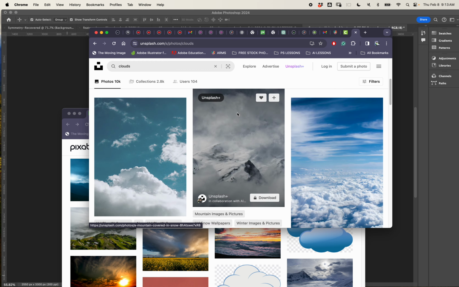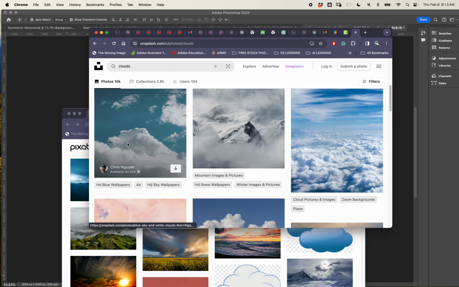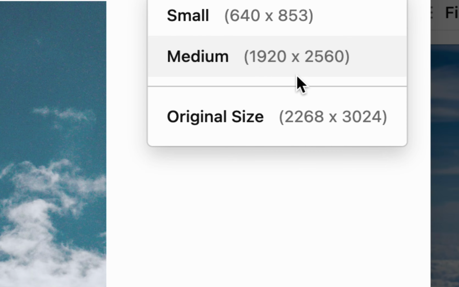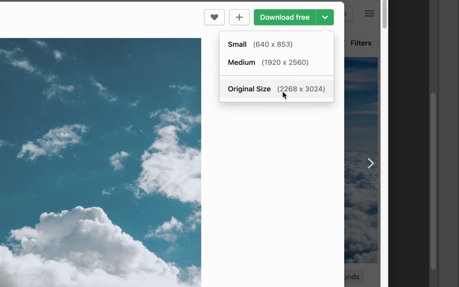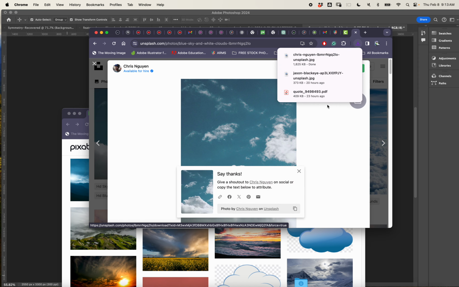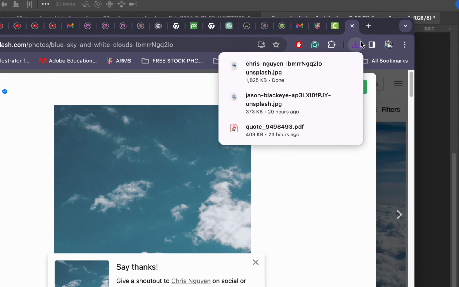So let's try this one right here. I like this one by Chris Wynn. I'm going to click on it, and then up here it says download for free. I want to make sure that I'm getting a large size image. Anything over 1920 is a good size image for this. You could just download the original size if you wanted to. It'd be a really high quality image. And we just click on that. It'll download. You'll see at the top here,